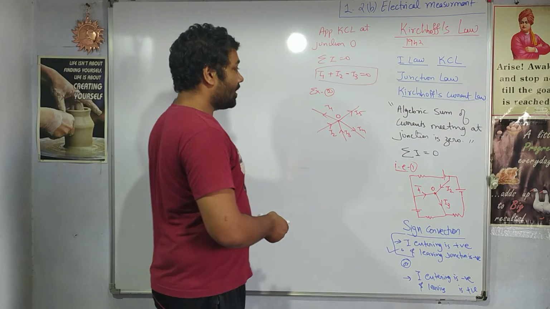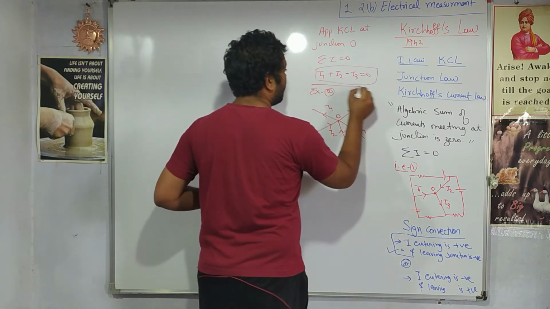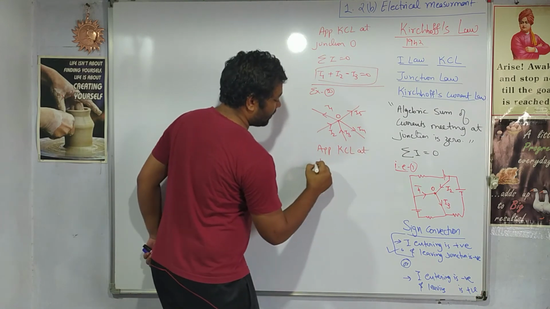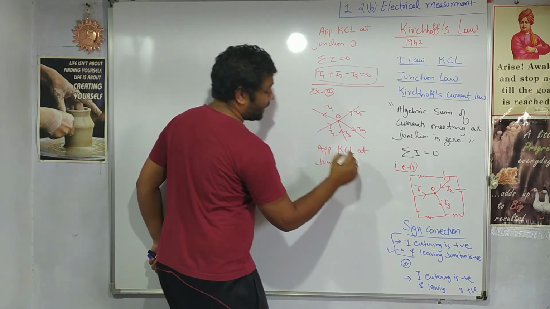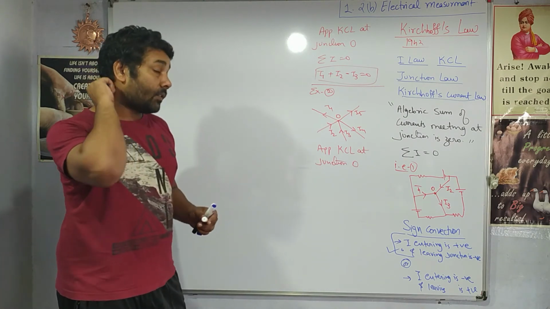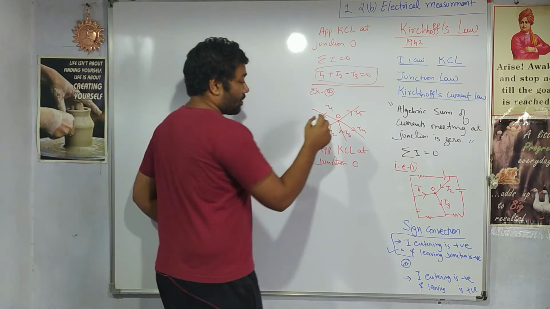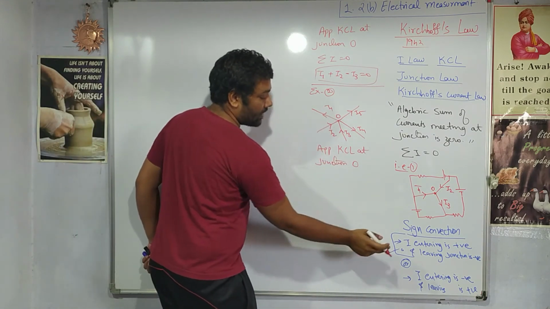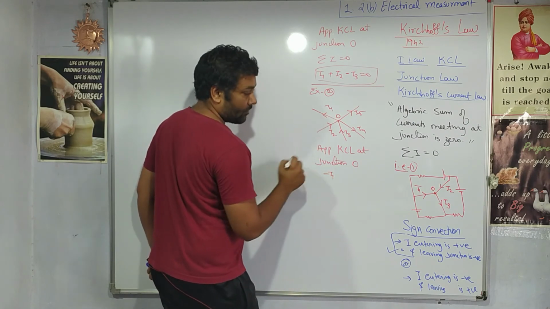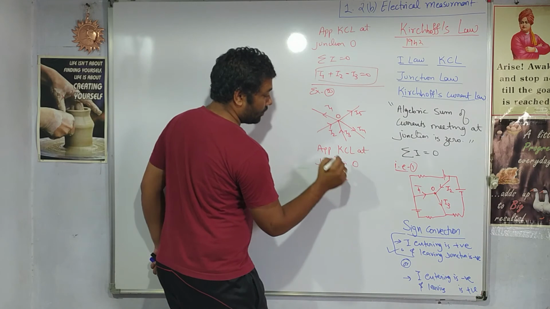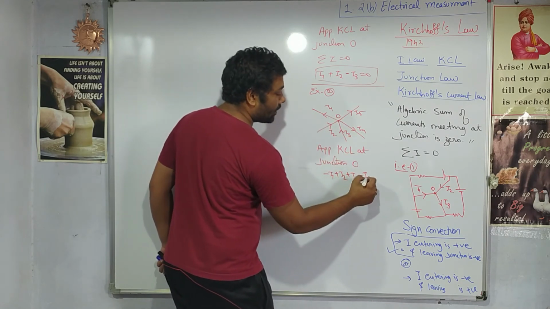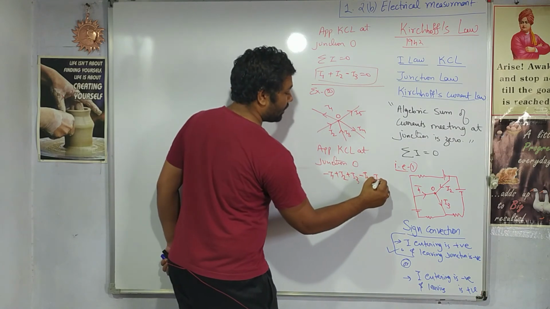So again applying Kirchhoff's current law at junction O, writing down such a statement will create an impression on the examiner, right? It will definitely help you to fetch marks. So here again applying the sign convention, current entering is positive, this is leaving, so I will take -I1. This is entering, so I will take +I2. This is also entering, so it will be positive. I4 is leaving, so it will be negative. I5 is also leaving, so it will be negative.